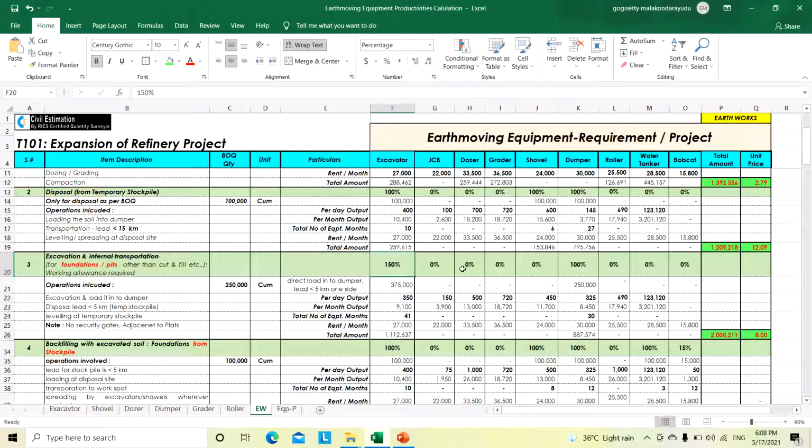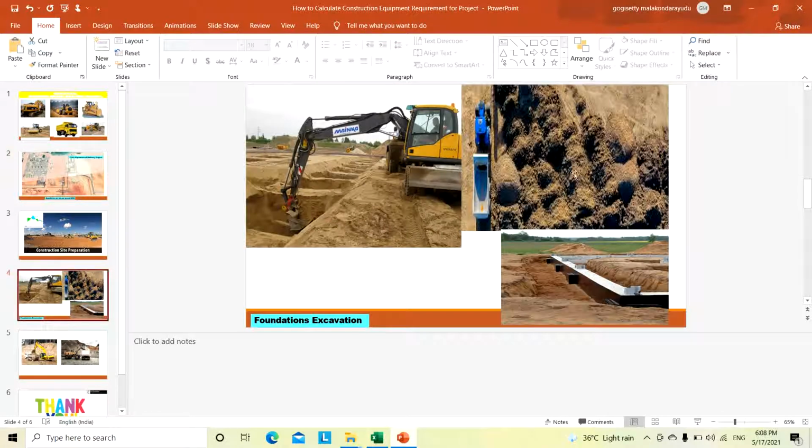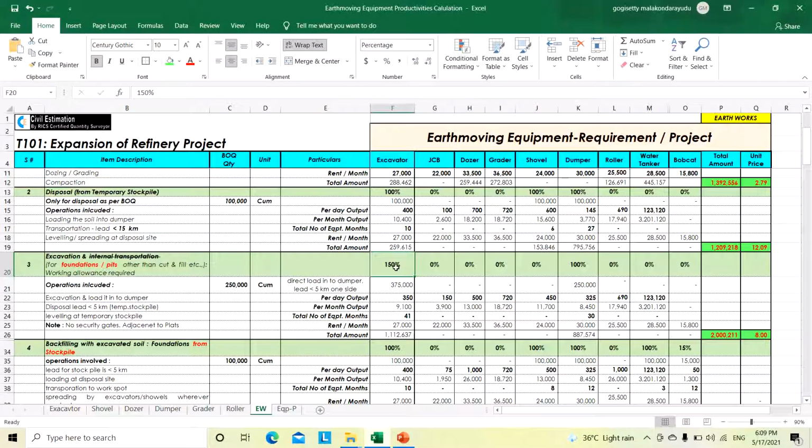Again, at the temporary stockpile, for spreading purpose we want to use 50% extra, not 100%. So that means 200% is no need. Maybe after 1 week or 10 days we will engage one excavator, spread it and make it a big heap. That's why we have taken 50% extra.